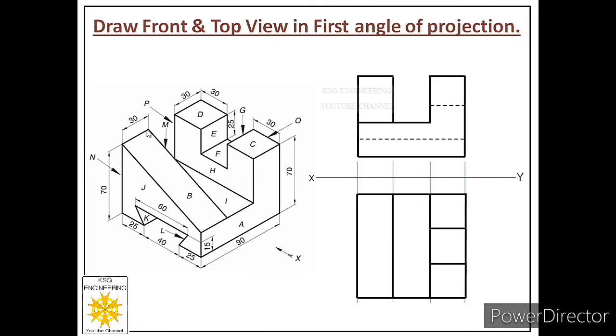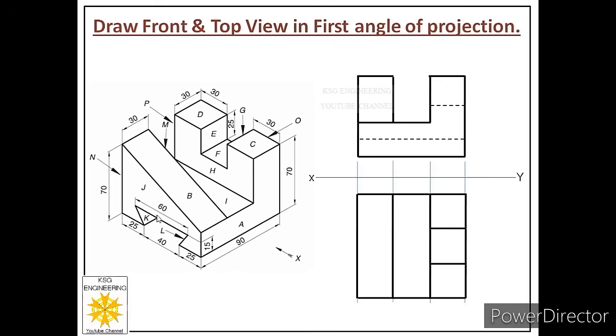Now we are ready with all the visible faces. Now we have to plot the hidden faces. There are two hidden faces, face K and face L. Now over here we have to make one very important observation. When you look from the top, the positions of face K and L are different. These are at two different locations. It means when you see from the top, we have to draw both faces. And both faces are inclined to HP and these are hidden.